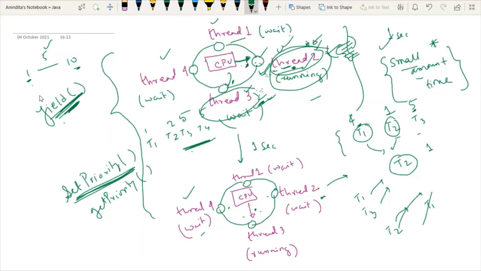So if this method is invoked by thread 2, this thread is voluntarily releasing the CPU for the sake of thread 3's execution. So this thing can also happen, right? So this is all about thread scheduling.